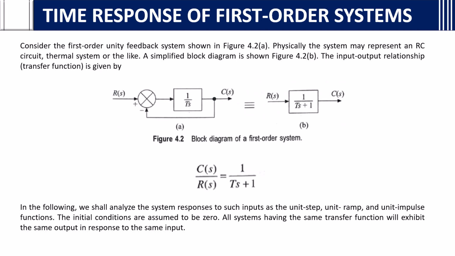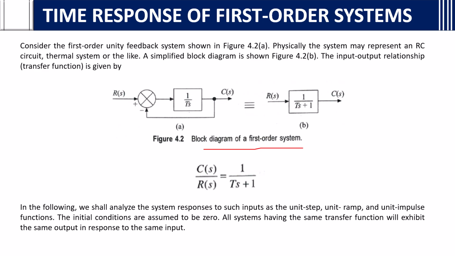Then we'll go to the time response of first order systems. Consider the first order unity feedback system shown in figure 4.2. If you see here, this is the first order unity feedback system. Physically, the system may represent an RC circuit, thermal system or the like. A simplified block diagram is shown in figure 4.2b. The input-output relationship transfer function is given by